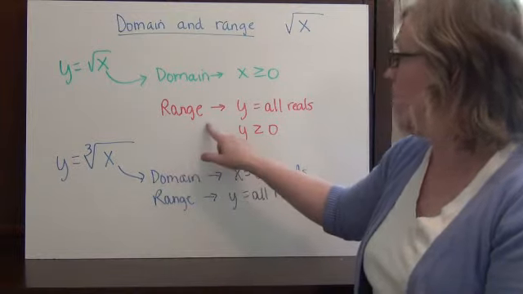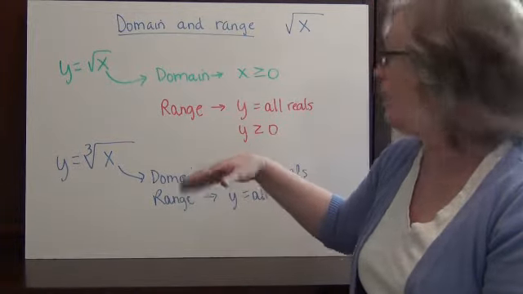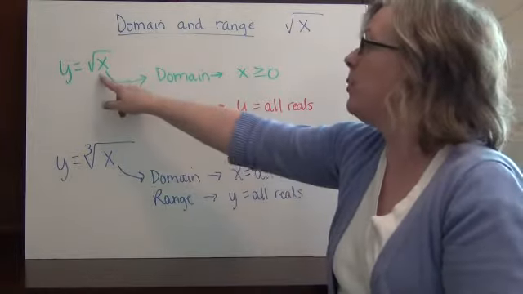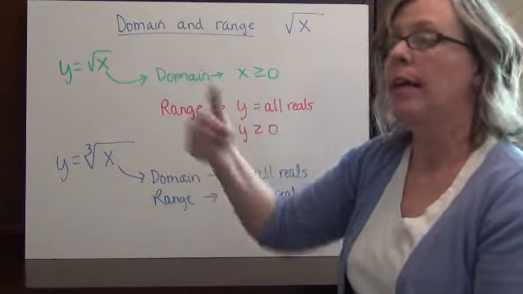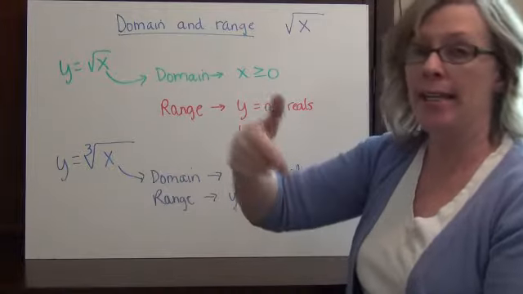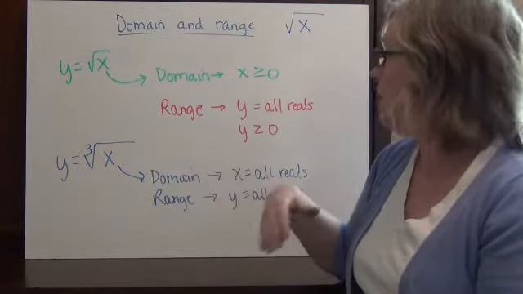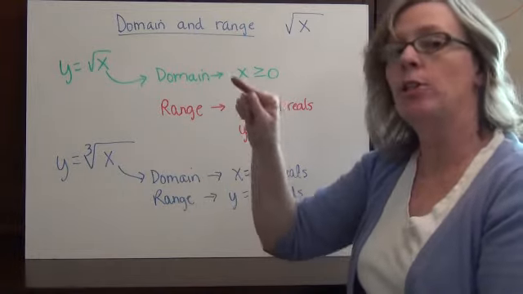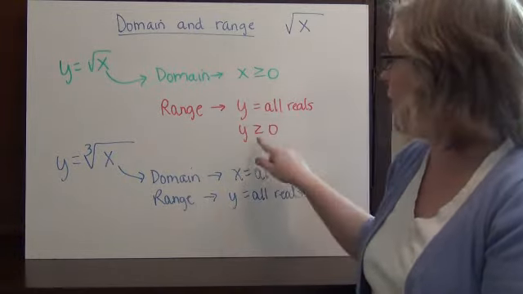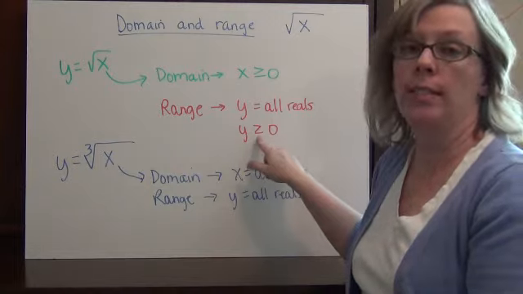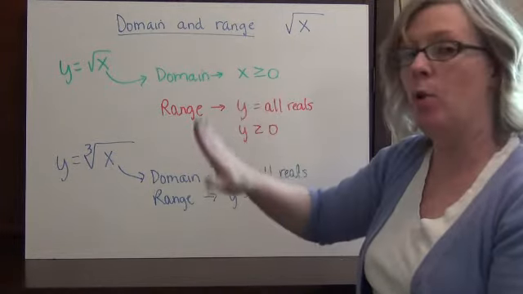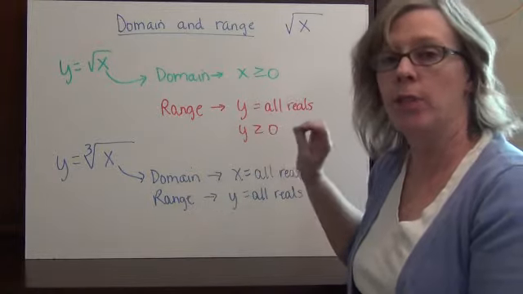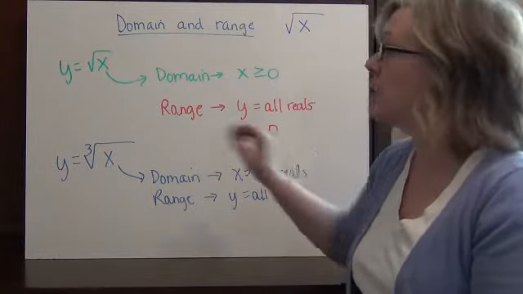Okay? The range we just talked about by looking at the graph, technically for y I could get out all real numbers because if I put a number in here and I take the square root, every square root has a positive and a negative that it could have been. But when we talk about the range of the function, I want you to think about when we only took the positive half, in which case y is greater than or equal to 0, just like x is, because that's only up in that positive quadrant. Okay? So I don't mean for that to be confusing, but you have to think about what's going on,